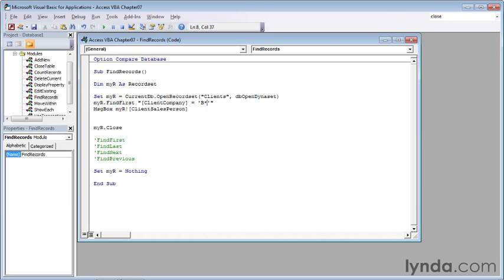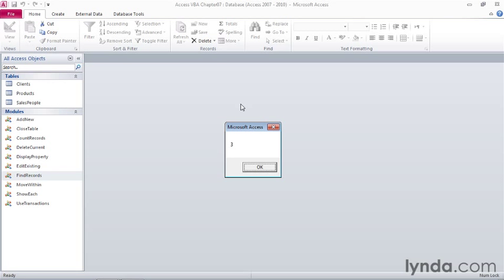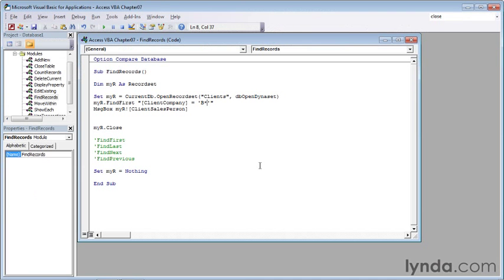Now when we press F5, we get a value of 3 because the first row in the table, if we remember, and I do, has a salesperson value of 3. Now click OK. Now let's suppose that we want to look for the last occurrence of a client company name